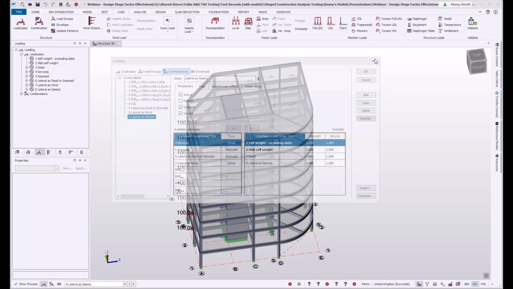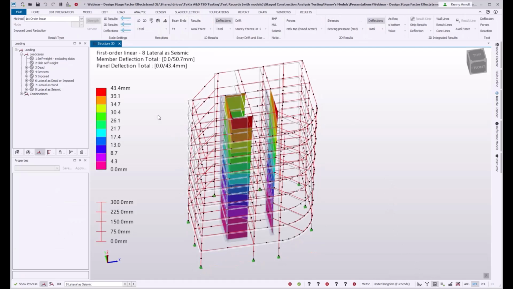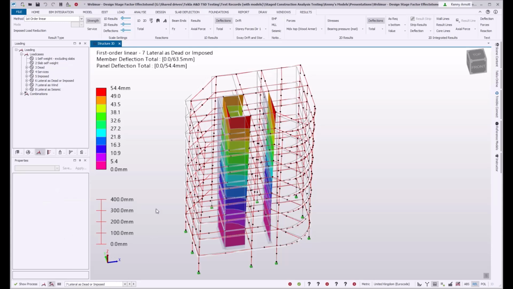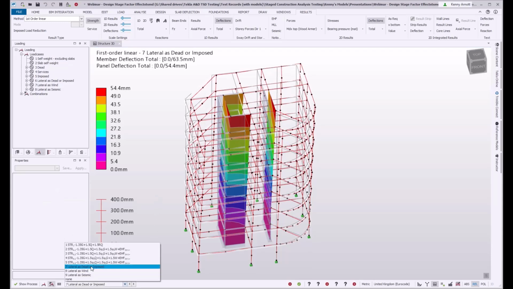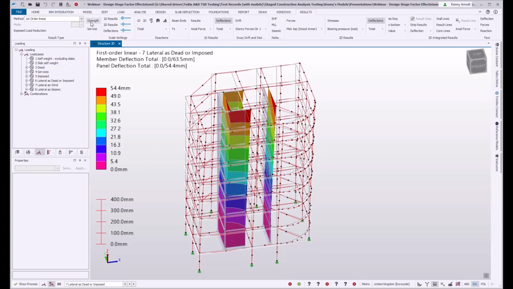Okay, so when I go and look at the analysis results for this, what I'll do is first of all look at the results for first order linear analysis. As you can see here, we have the deflections for strength, 54.4.